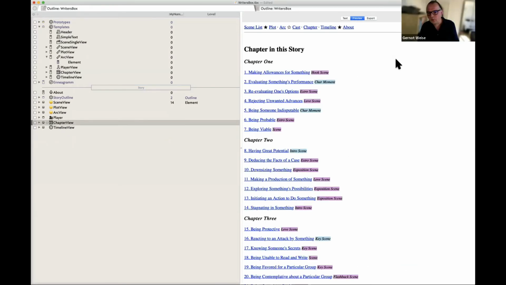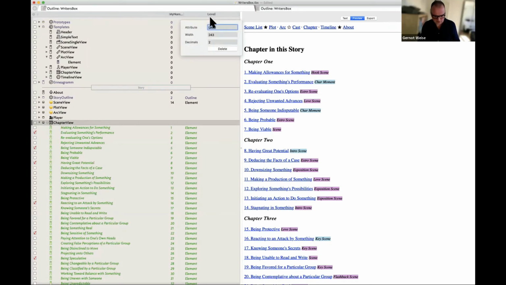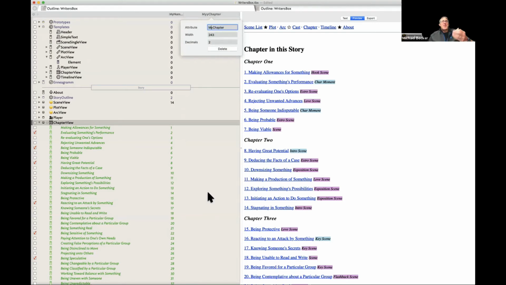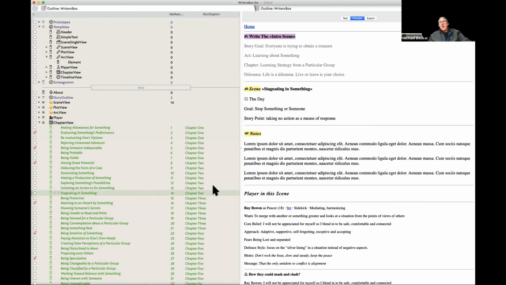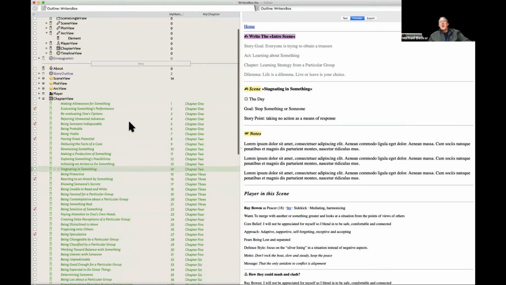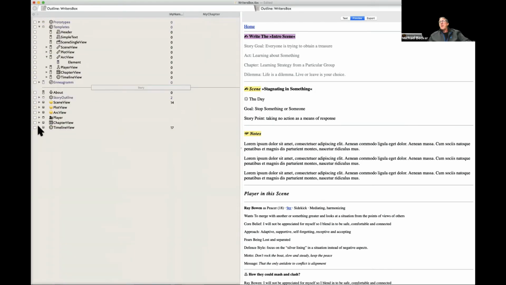Yeah, chapter view is very straightforward. This is basically just an attribute. For each scene, I have an attribute, and if you open this here, you'll see I've called the attribute "my chapters". Very straightforward. And so that's just giving you the list of chapters. And then finally on timeline view, I find that really interesting. And essentially what you can do there is what?